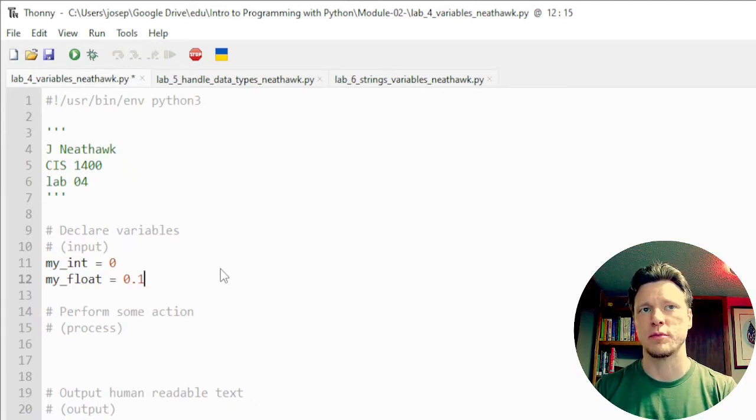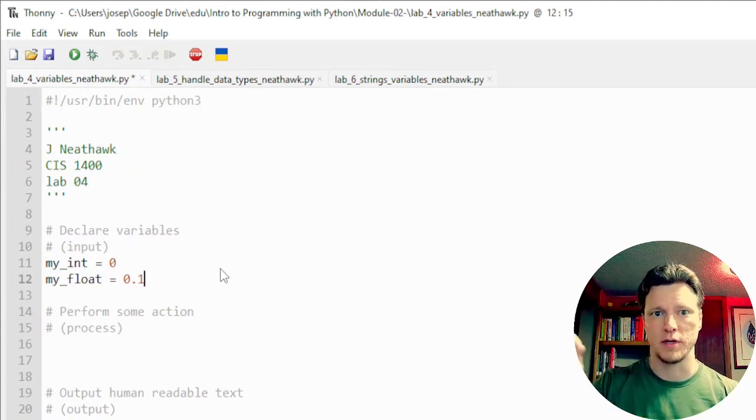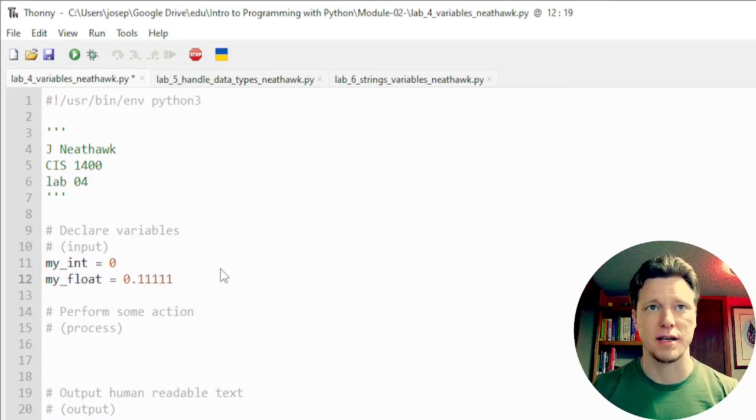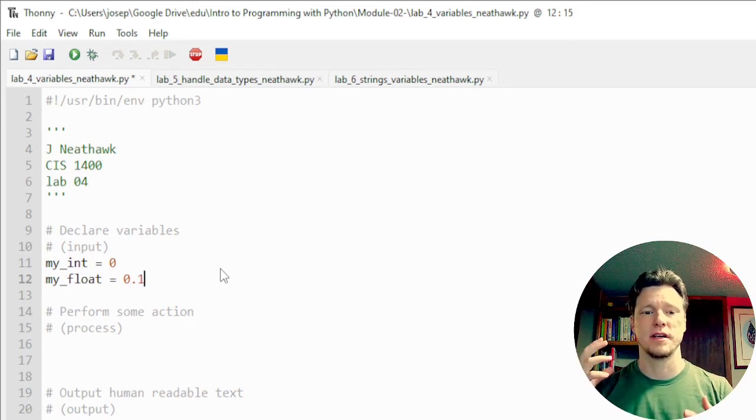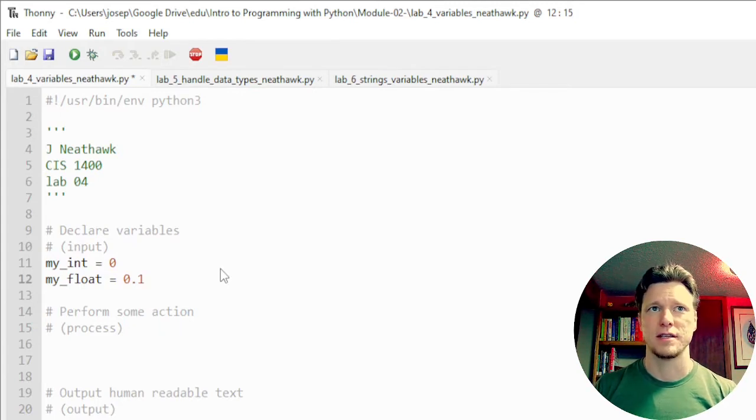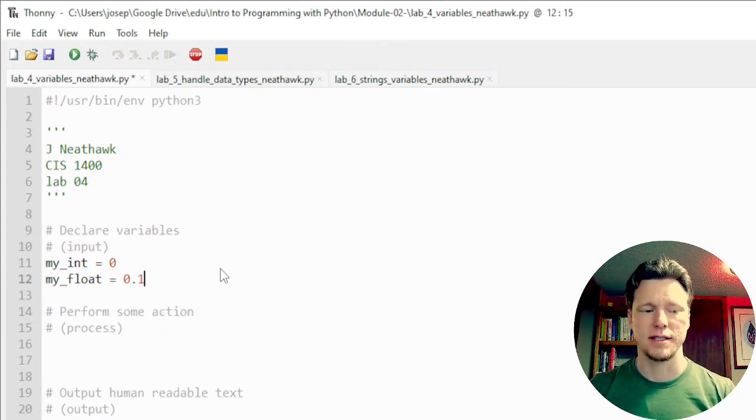The way floating point numbers are saved, they're not just saved as 0.1 or whatever we type in there. That's just not how the computer saves it. It actually saves it as a binary fraction or combination of fractions. So if you put a number in there that is somehow difficult to be saved as a fraction for the computer,